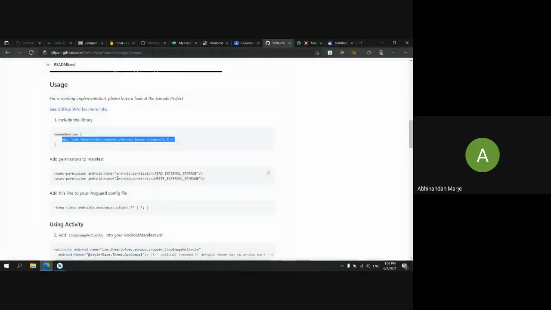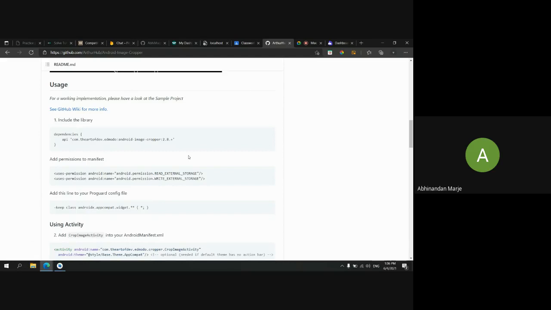Okay, and the next thing is you have to add this permission. Why we need this permission is, you can see that it is specifying what this permission is. We want to read the external storage and we want to write the external storage. If you use an Android version below Marshmallow, there was no option.